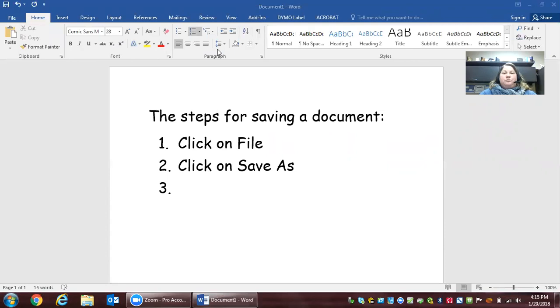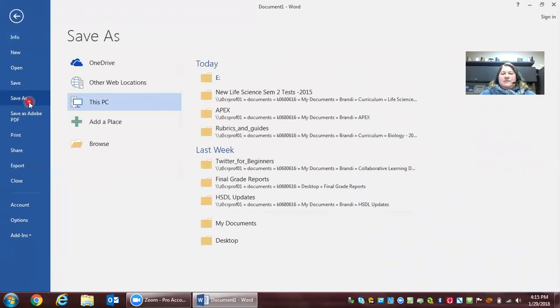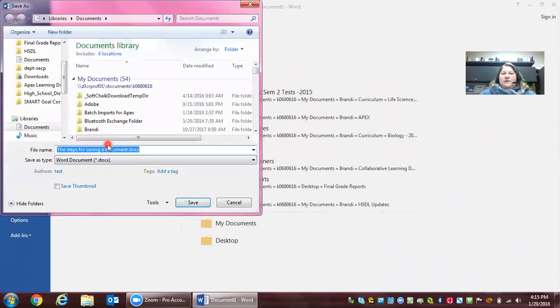So again, I'm going to come over here to File, click. I want to save as. And remember that I wanted to go to the word browse, which means to look for. And I need to go to the left side and find